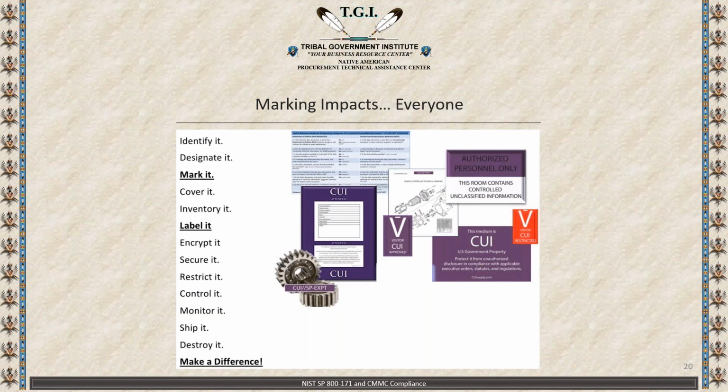You can't just give them access just because they are your employee. That's just not the way it works. By definition, individuals have to have a lawful government purpose to handle CUI. You have to inventory it because those documents and parts are all CUI and controlled.